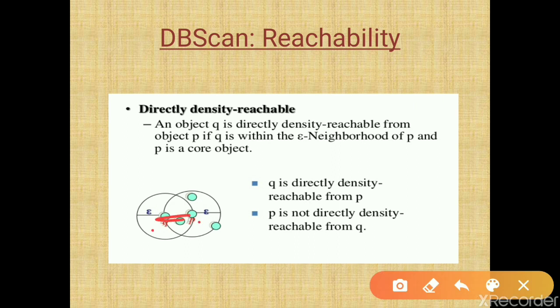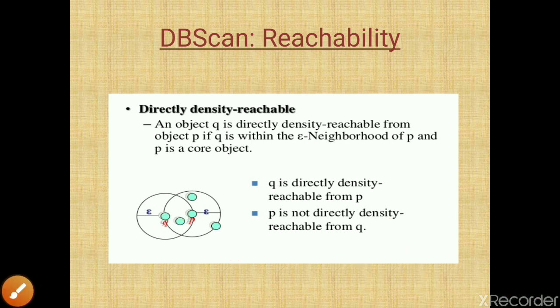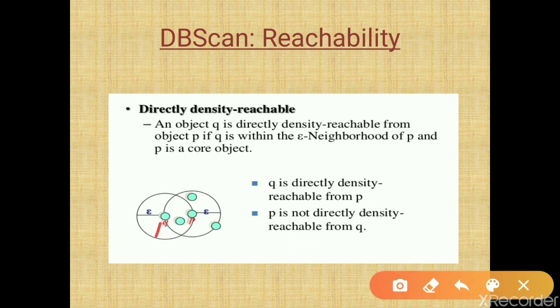That is fine. What is the next condition? Q should be a core object. Is it satisfying that condition? No. If it is a core point, it should satisfy the minimum points criterion, and Q is not satisfying that. So Q is not a core object.